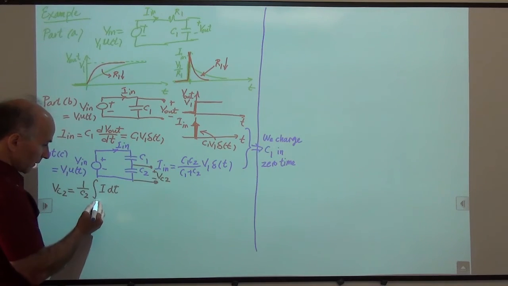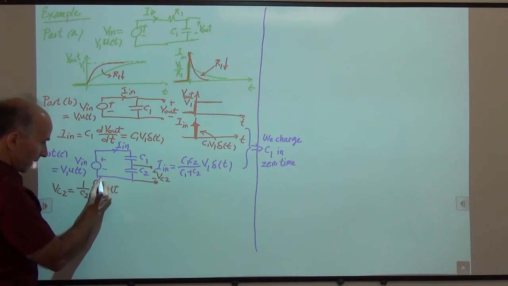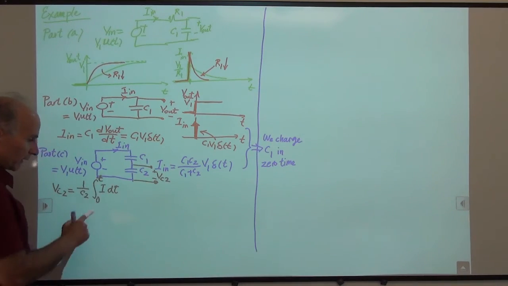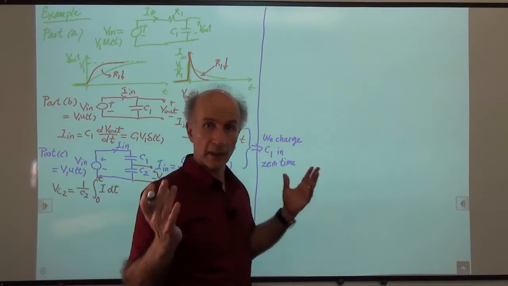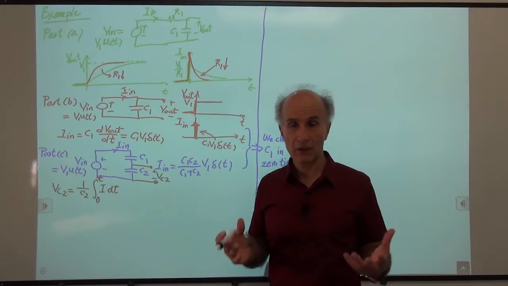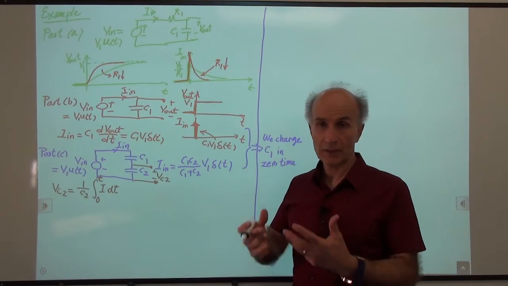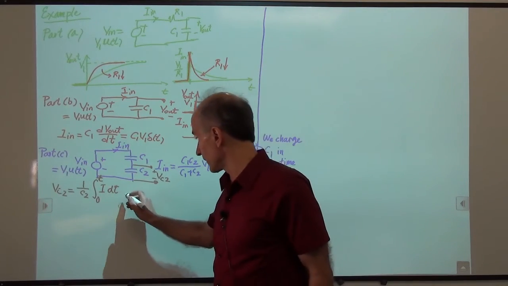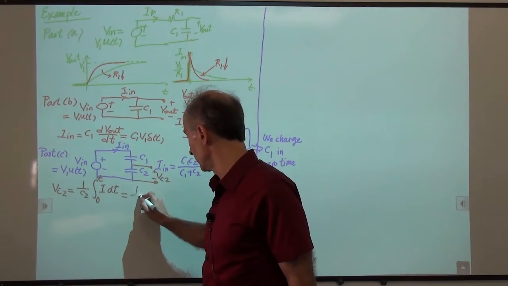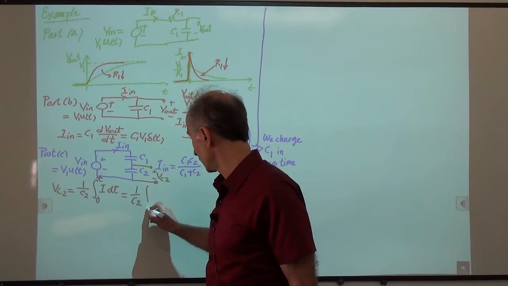And these 2 times have to be chosen properly. So let's just say 0 to t, and we have to figure out what these are. Right, that's the equation that we know for any capacitor that receives the current of I and generates the voltage VC2. All right, so let's go ahead and solve this. We have 1 over C2 integral of,